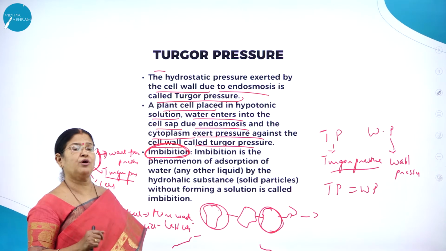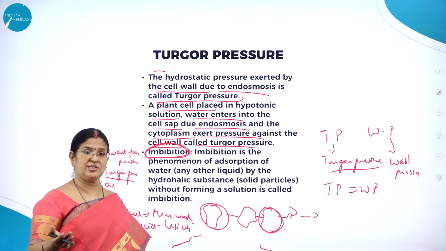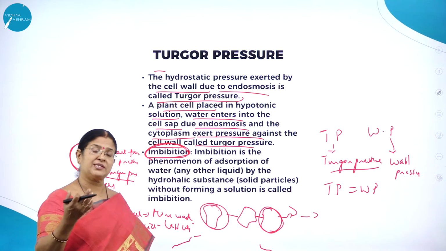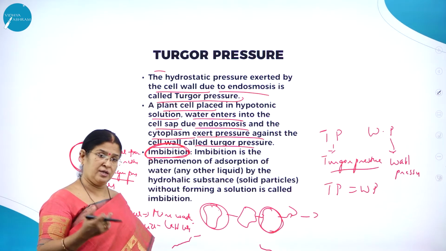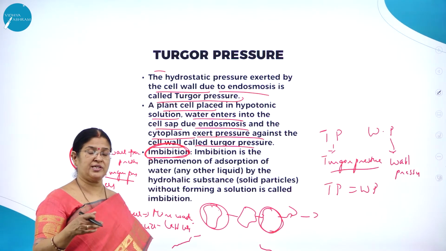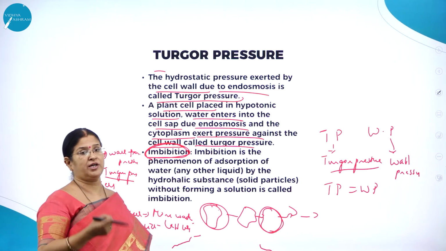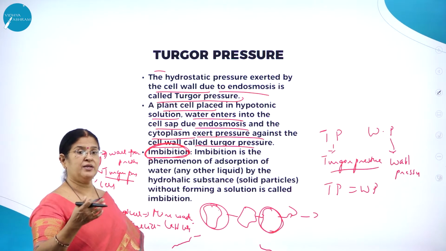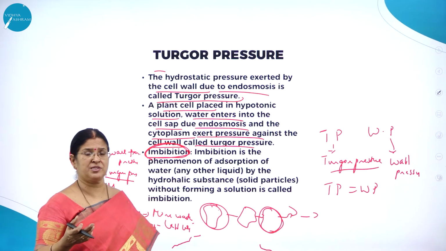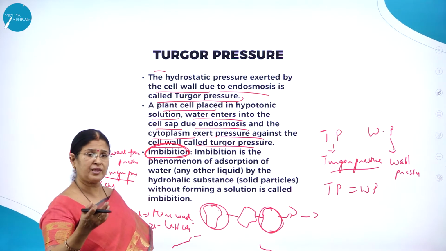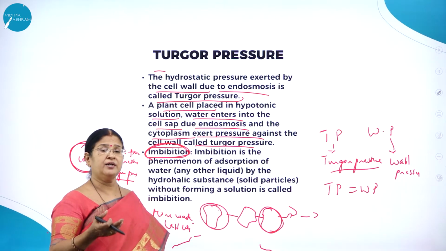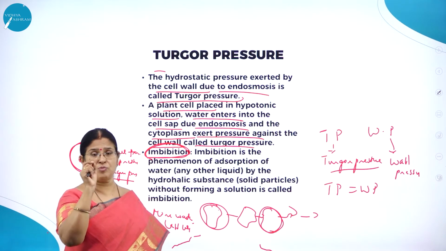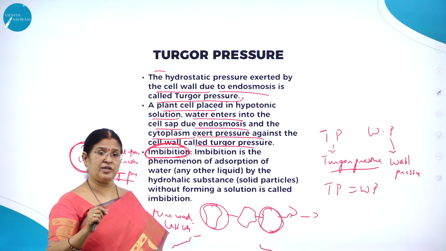So what is imbibition? I think all of us know in everyday life, we soak the seeds overnight, and in the morning you can see the seeds have swollen up. So what has happened to the water in the vessel where we have kept the seeds? The seeds have absorbed the water. So that means the seed coat is an imbibing material, a hydrophilic substance which has more affinity towards water, and the water has entered into the seed through a very small pore. Hope you remember, you have studied that there is a small opening called the micropyle. Through that, the water enters into the seed.